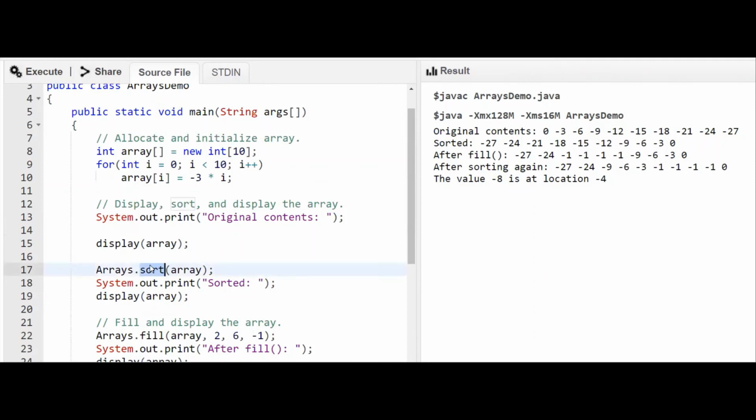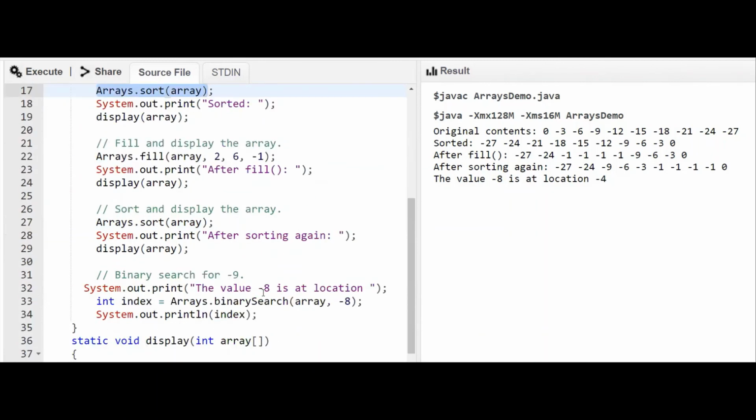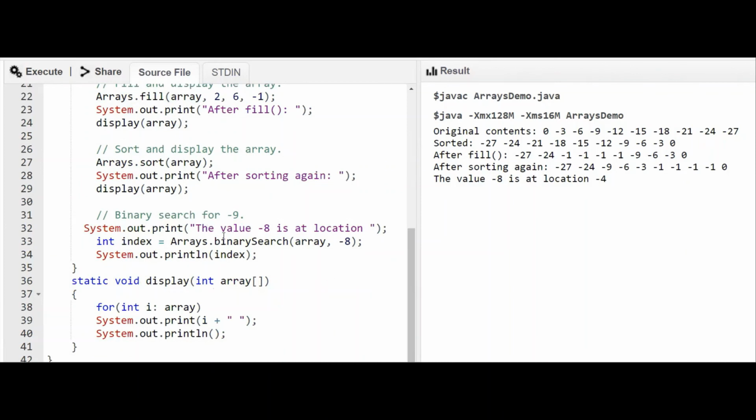Whether you use bubble sort, selection sort, merge sort, quick sort, insertion sort, whatever sorting mechanism, just a single line will sort the arrays. So this is a built-in method. You can utilize these methods to sort, fill, reverse the arrays, and also you can do binary search.